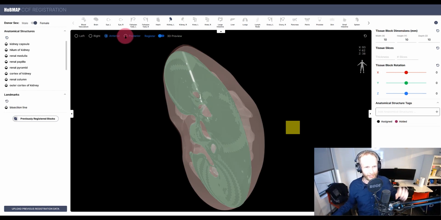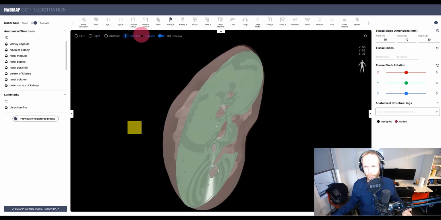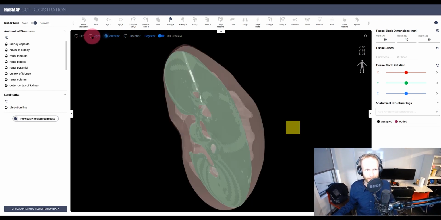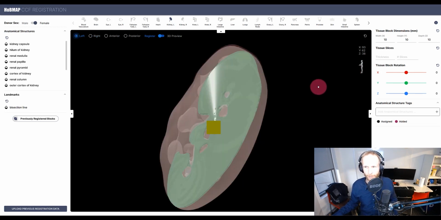So here I can rotate around the organ in 90-degree increments. So currently I'm looking at it from the anterior perspective. And now when I click this button, I look at it from the right side. And if I click this button, I look at it from the back or the posterior perspective. In order to help us understand the orientation of our camera to the full body, we have this little mannequin here on the right. So you can see anterior, looking from the front. Now we're going over to the right. And so we can go over to the left, etc., etc.